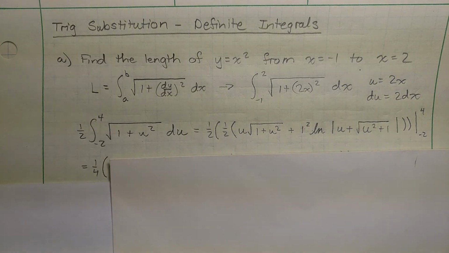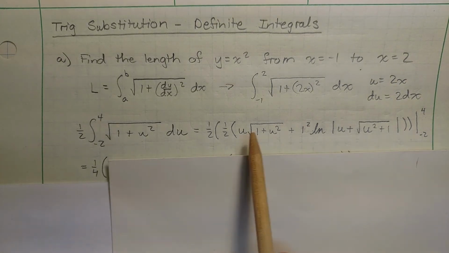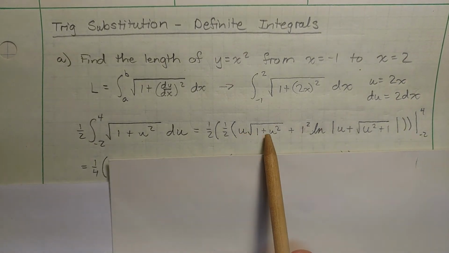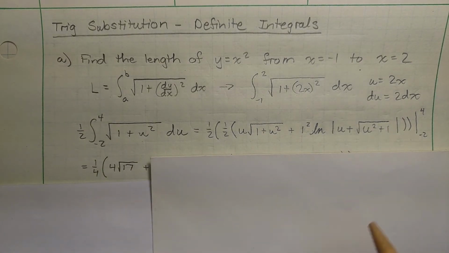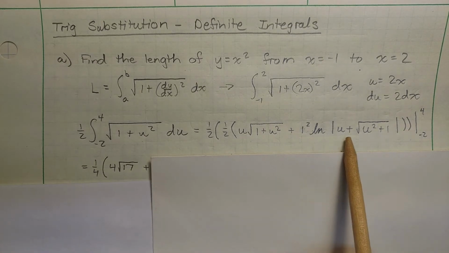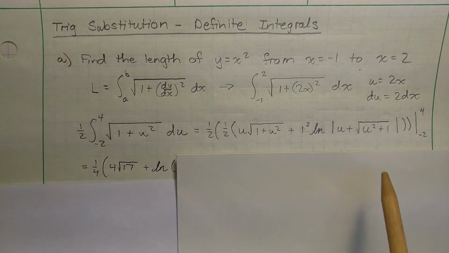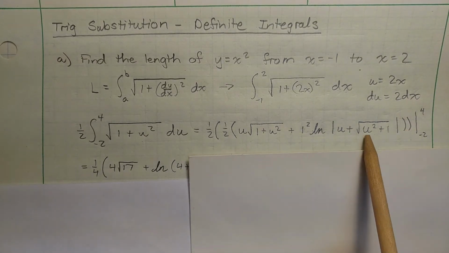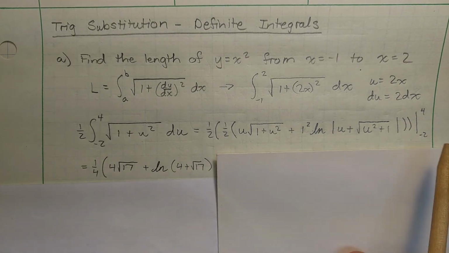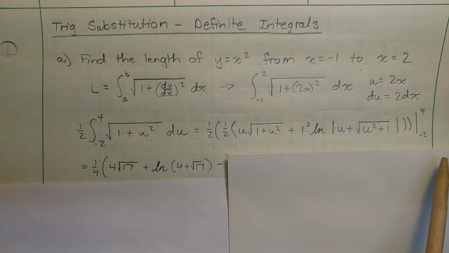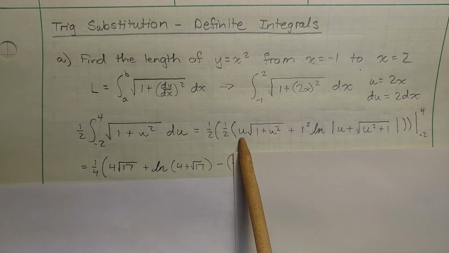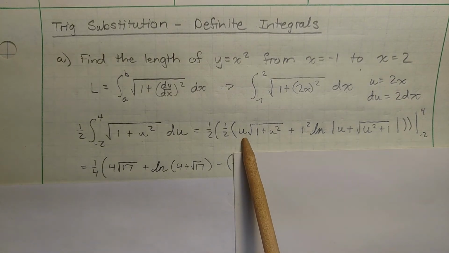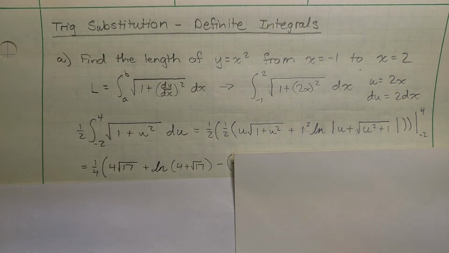So now going ahead and doing the evaluation process, I did the 1/2 times 1/2 to get the 1/4. And then if I look in here, notice what I get when I put 4 in. I get 4 times the square root of 17, plus the natural log of 4 plus the square root of 17, minus, now I have to do it minus, and now I have to put in the -2. So plugging in the -2 here, it looks like I'm going to get -2 times square root of 5